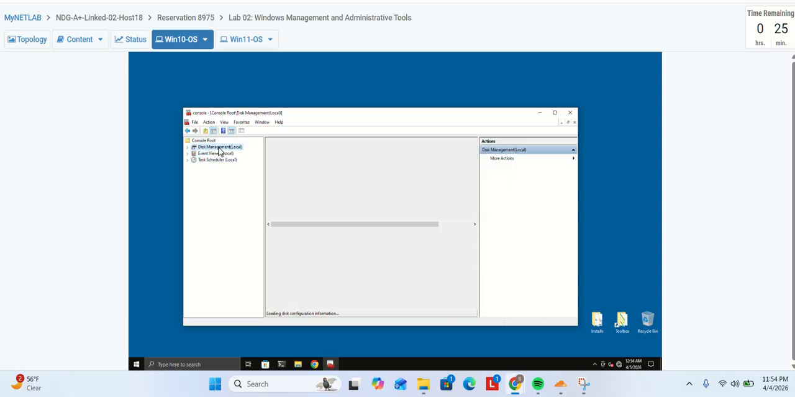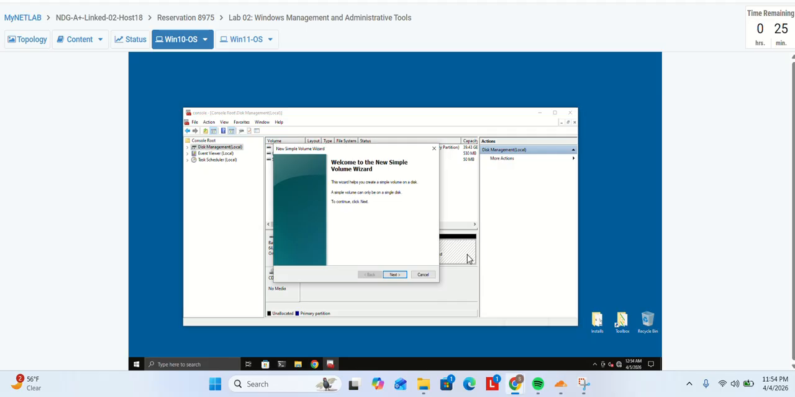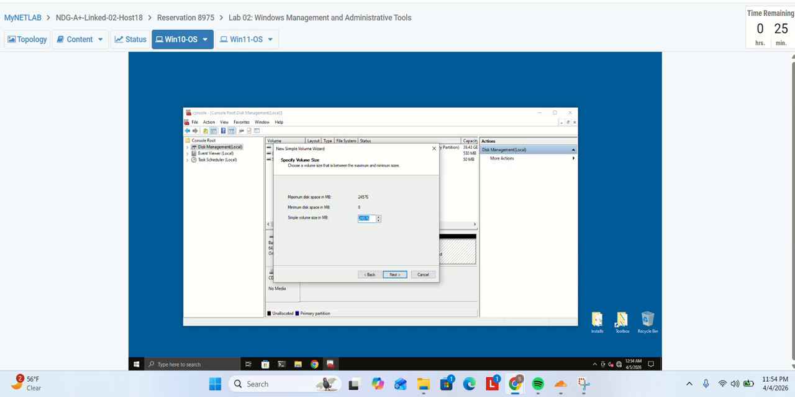I'm clicking the disk management, and then after that I am doing the right click to allocate some space, so I'm clicking the new simple volume, and then I am following the steps clicking next, and after that I am putting the volume space as 2048, and I'm changing the drive letter to S, and then I'm clicking next,